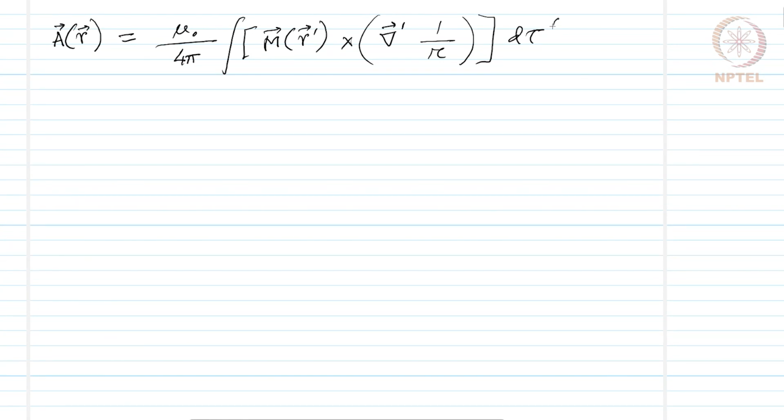And now if we integrate by parts, we arrive at the expression A of r equals mu naught over 4 pi